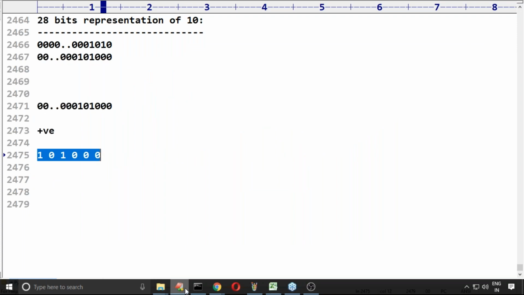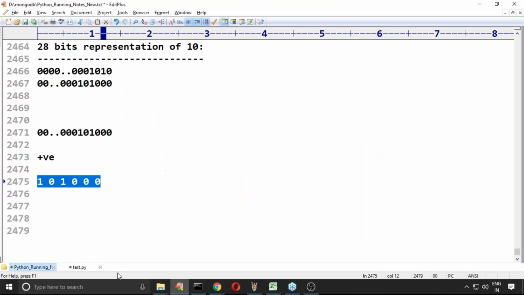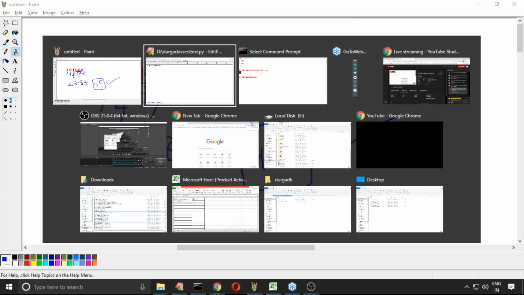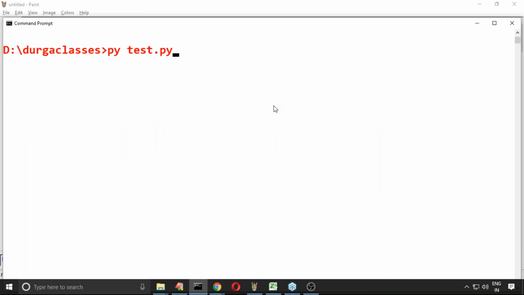So let me consider whether this is really going to happen or not. Print of 10 left shift 2. Now observe carefully, what is the answer, sir? 40 itself is the answer. Any doubt? Are you feeling comfortable?